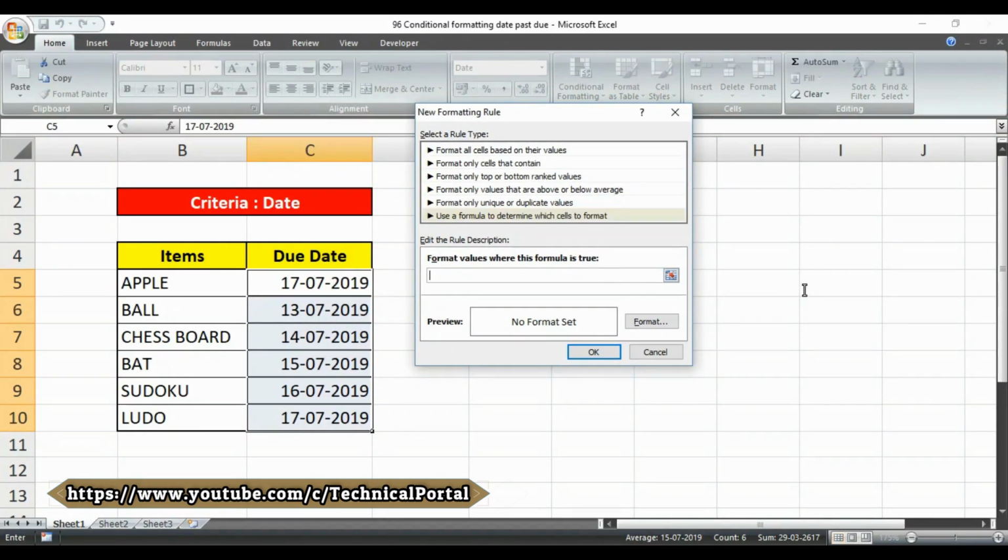After that you can type the formula like this: equals, then open the bracket, then type TODAY, open the bracket, close the bracket, then put a hyphen here. It will work as a subtraction symbol. Then put your first cell number, in my case this is C5. Then put a greater than symbol and an equals symbol. Then put any number